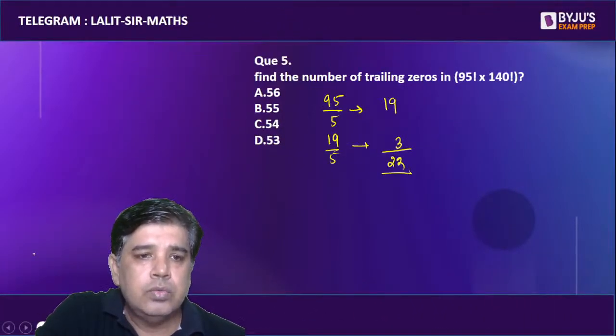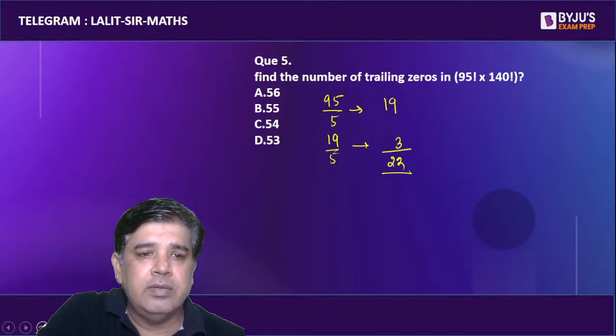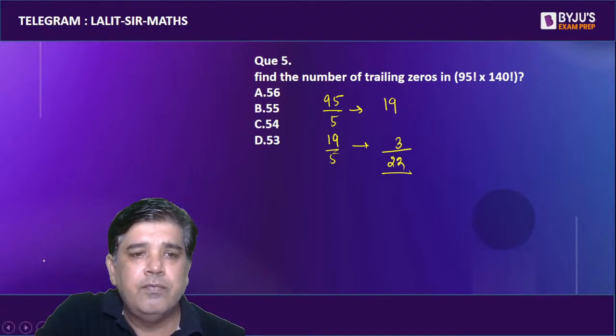So we are not calculating this again, because we know that the number of 5s are